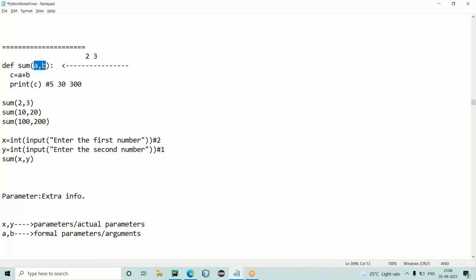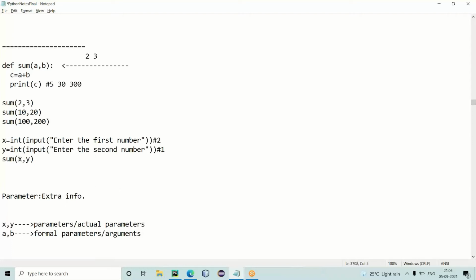You have taken A and B formally to hold the actual data, correct? To hold 2, 3, 10, 20, 100, 200, 2, 1. To hold the data, formally you are taking A and B. So A and B are called as formal parameters or arguments.